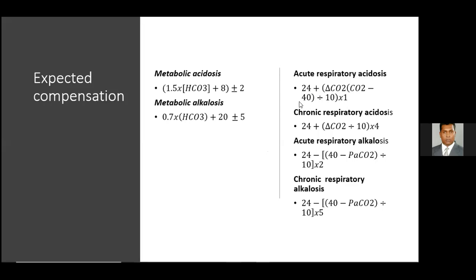Now, this 40 is actually the carbon dioxide. So this is the cutoff point, and this 24 is the bicarbonate level. Rather than 22 to 26, you get the cutoff point of 24. So these formulas are actually using cutoff points rather than reference ranges. So go through these and try to work out expected compensations, and you might use this in